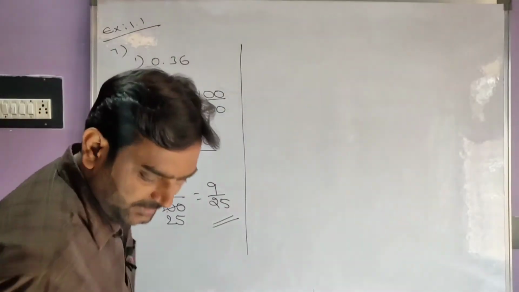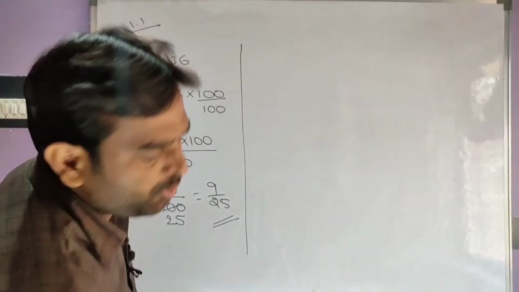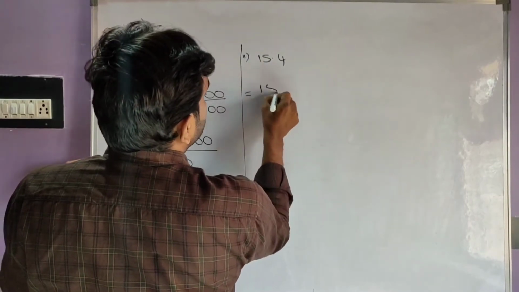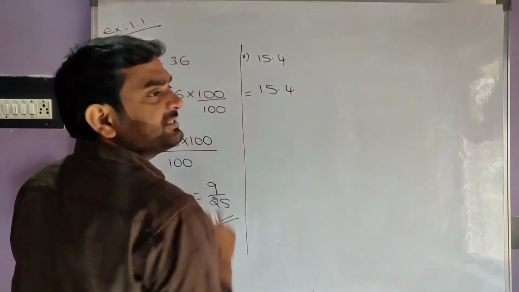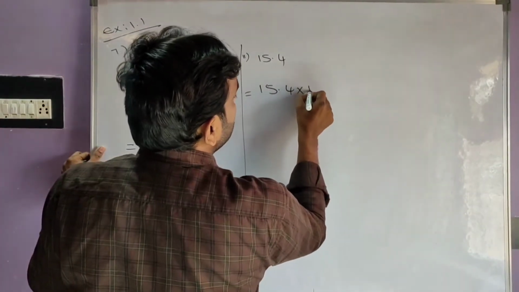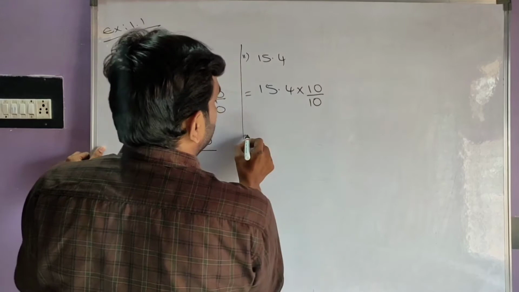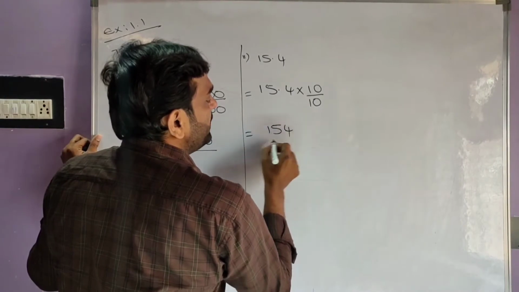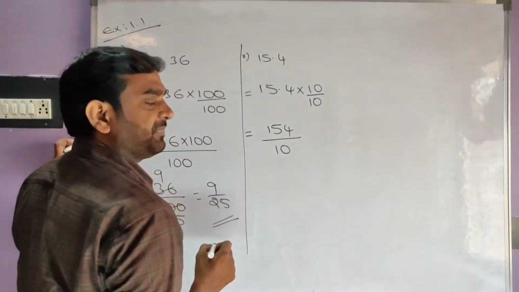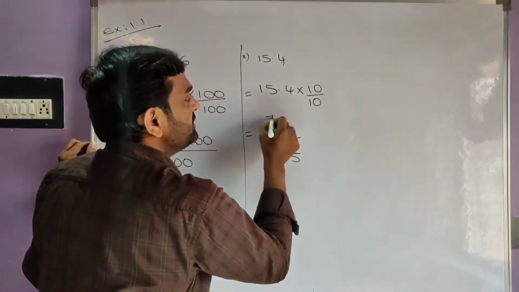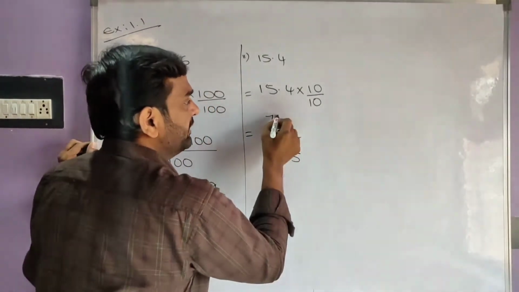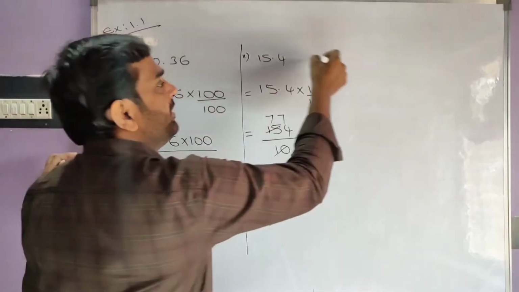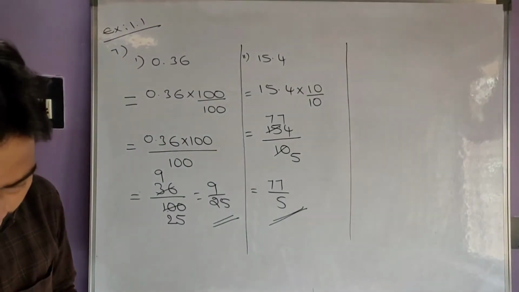In the same way, take another one. Second one, 15.4. It can be written as, here after decimal point how many digits are there? One digit is there. So multiply with 10 and divide with 10. 15.4 into 10, 154 by 10. Okay, 2 5s are 10, 2 7s are 14, 1 4 again 14 remaining. 2 7s. We got 77 by 5. This is the p by q form of 15.4. Okay. Next